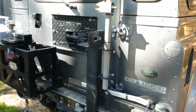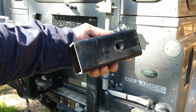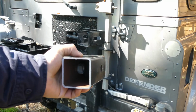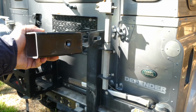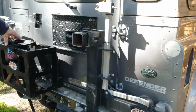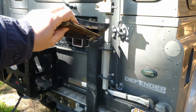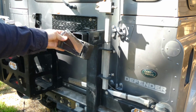So the way this works, it's got an arrangement which is just a piece of square section, a couple of nuts welded inside, capped, and that slides into that rear assembly area with two locking bolts on each side. And then from there there's another assembly. This part here, which I've removed, which is just a hollow section of rectangular steel, which has been capped as well, which will hold the